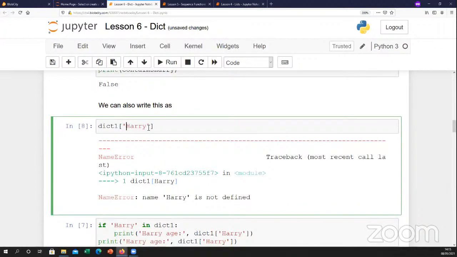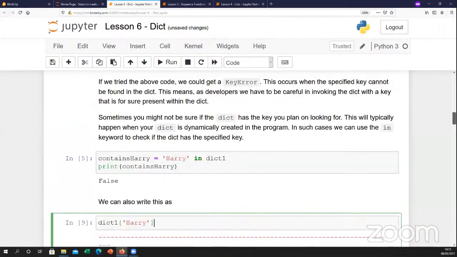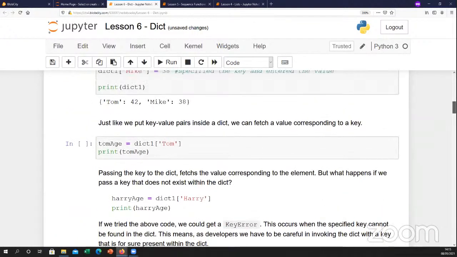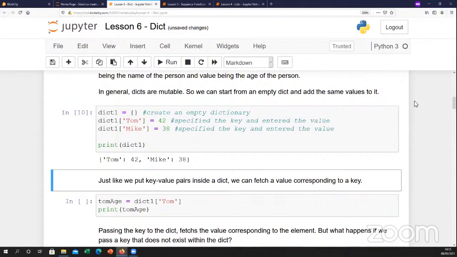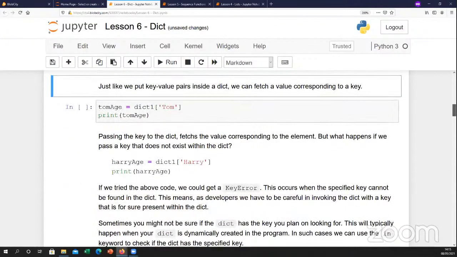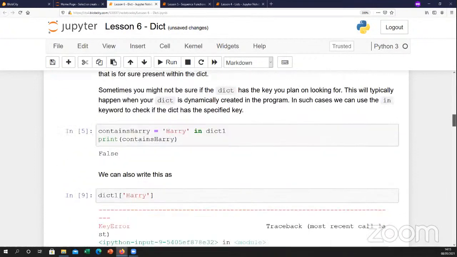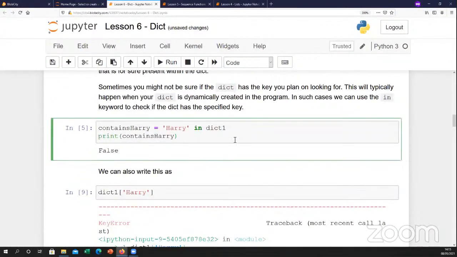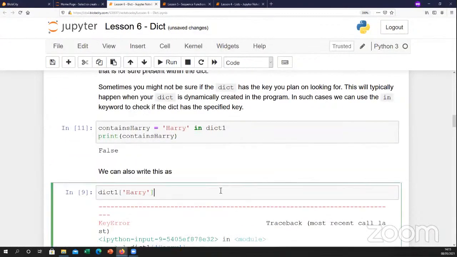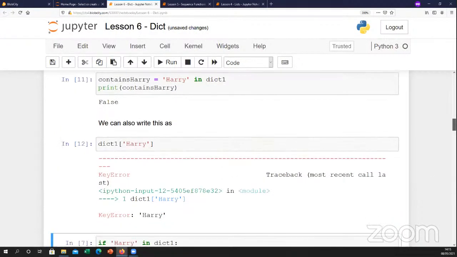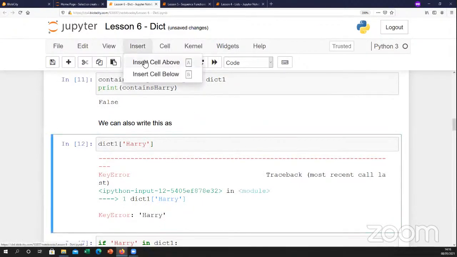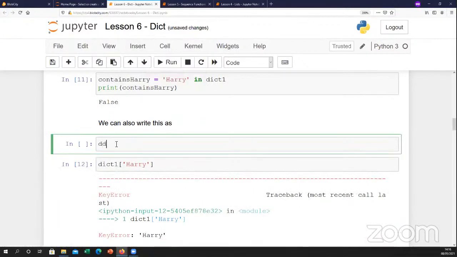So we say that you get this key error if we have Harry. I think I have not run the dictionary one. Just give me a second. I will run it from here. Okay. False, and then I'm going to get an error. Okay, so Harry in dictionary. Okay, key error Harry. So, okay, just give me a second. Insert this cell above and say,